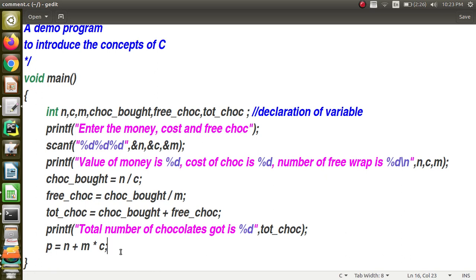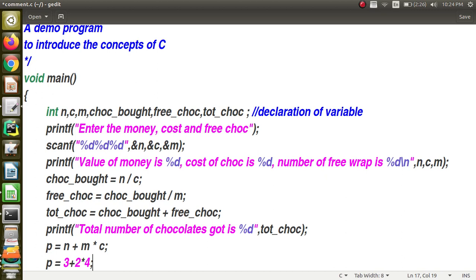To understand this, just recall the BODMAS rule that you learnt in your school. What does that say? Bracket, then multiplication and division, then addition and subtraction. The same rule applies here also. By default it will do multiplication first, so it will find out what is M star C and then add it with N. If I replace this with some values like 3 plus 2 into 4, 2 into 4 will be executed first, 8, and then plus 3 will be 11. It will not be 3 plus 2 into 4 evaluated as 5 into 4, which would be 20, isn't it? No.